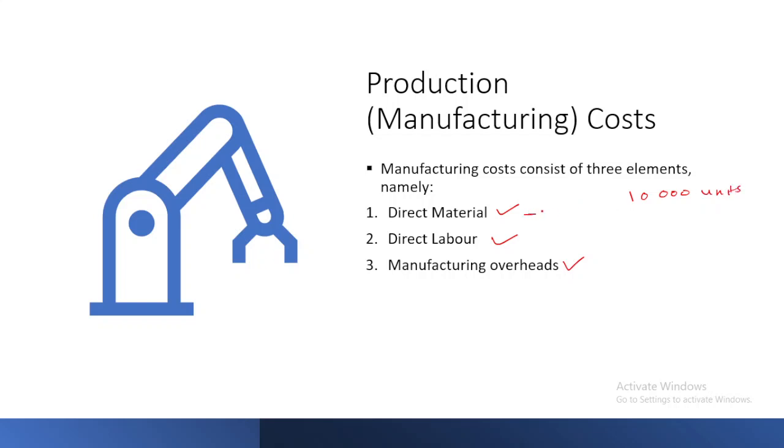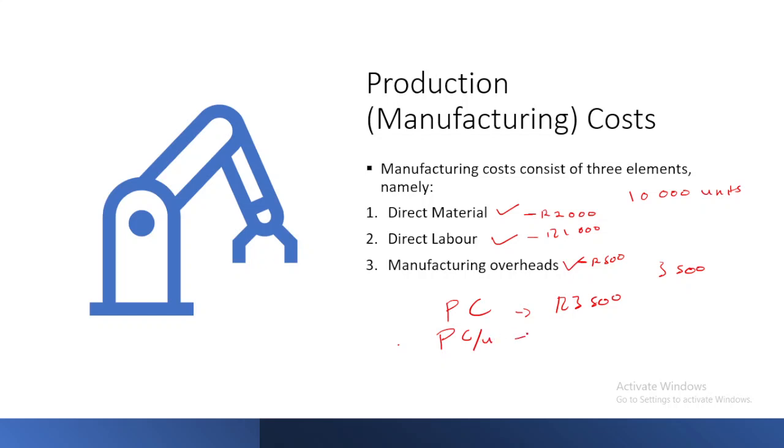and for material cost, this cost you 2,000, labor 1,000, variable overhead, which is electricity, it cost you 500. So in total the cost was 3,500. Therefore, to be able to identify your total production cost, you are going to add all of these. So your production cost is going to be 3,500. So that will be your production cost,